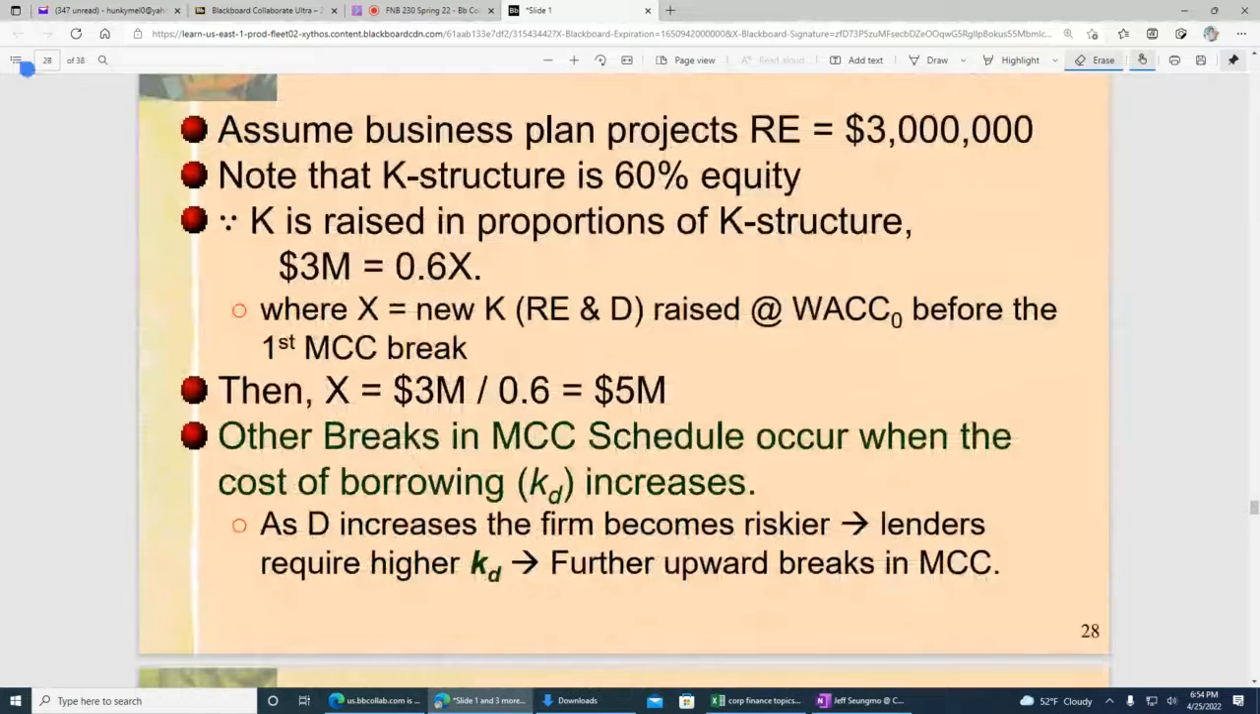So assume a business plan. Retained earnings is expected to be 3 million. We are expecting to have $3 million in retained earnings. The capital structure is 60% equity. So capital raised in proportion to capital structure is 3 million, right? Because it's 60% of the